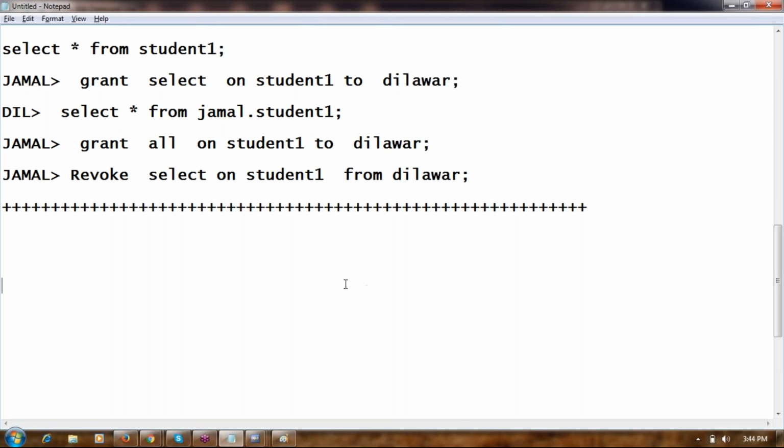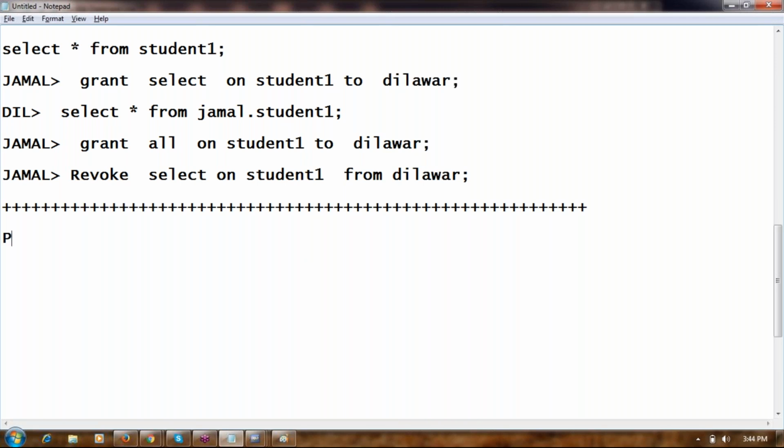When we are giving update and insert access, select will be default, no? No, select is different. Don't think that select is default. When the owner gives the insert privilege, the user can only insert the data. You cannot select. Select is not the default. Select is a specific privilege.